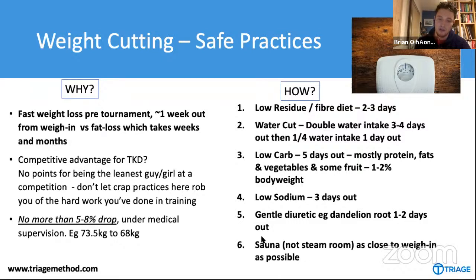Again, this is why it's kind of bottom of my list, because the use of diuretics, not dandelion root, that's fine, but the use of diuretics and this sweating is lower down on the safety list. Keep doing that until you're about 0.3 kilos away from your weight, and then you should be okay, because you'll lose a bit more between leaving the sauna and doing the weigh-in. Obviously, if you can avoid using a sauna, that would be great. And then I already answered the question about creatine, so that is covered.